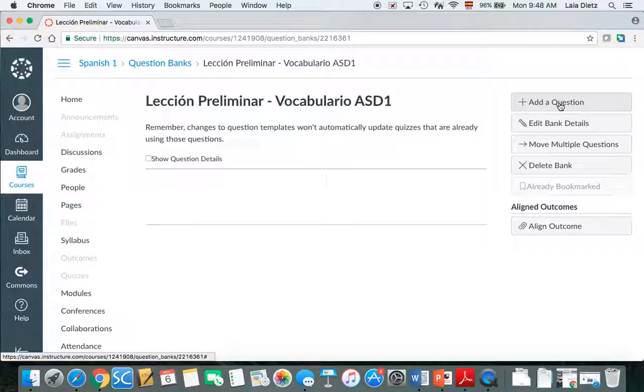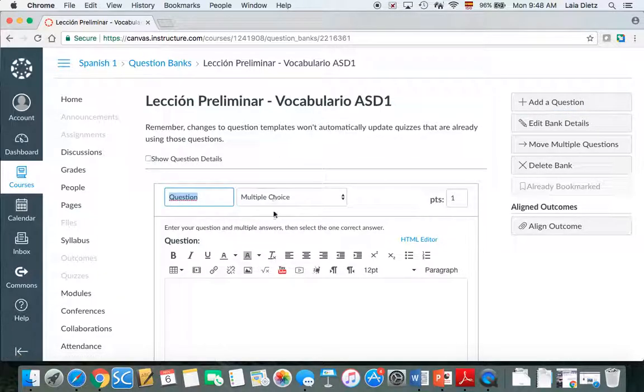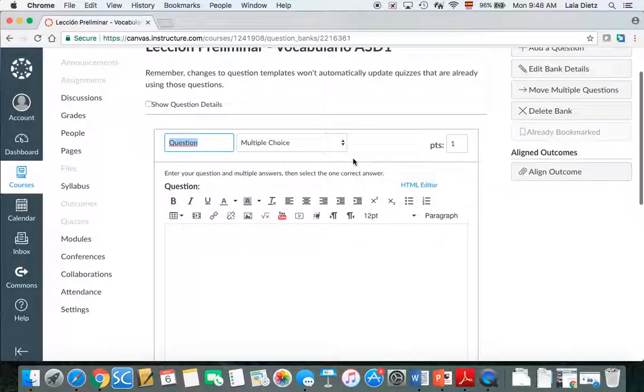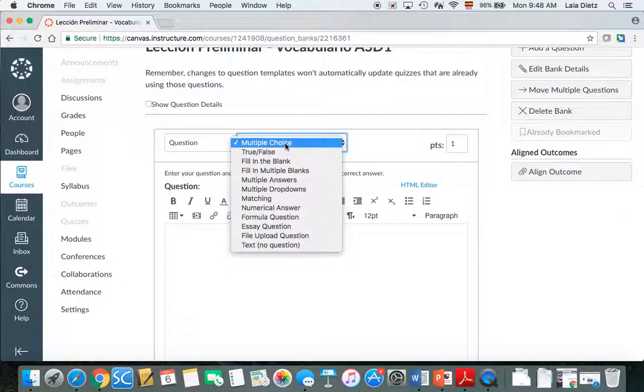The questions you are adding, you can choose from different types of questions. So from multiple choice, true false, fill in the blank, fill in multiple blanks, multiple answers, multiple drop downs, matching, numerical answer, formula question, essay question if you want students to type or copy paste the text they wrote somewhere else, or file upload question, and text, no question. So let's start with a multiple choice,